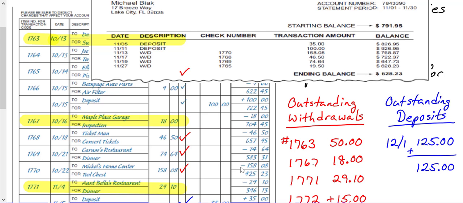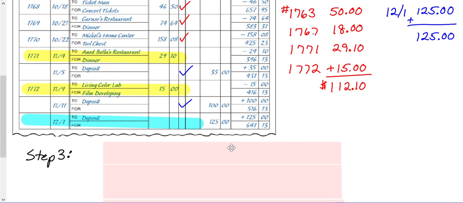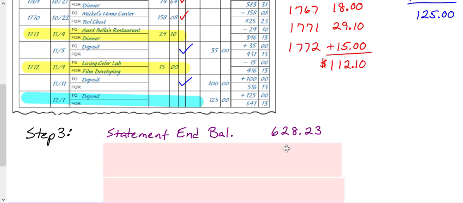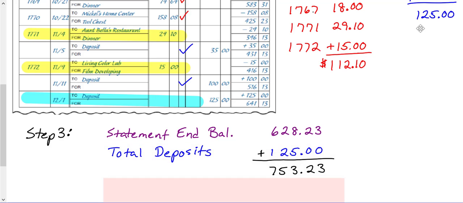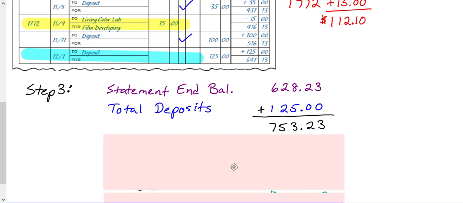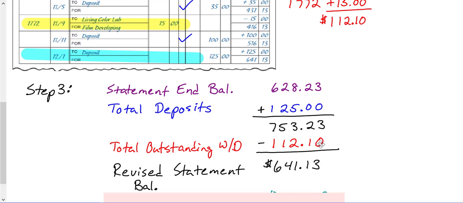It's $628.23. The next step would be to add our total outstanding deposits. That is our blue numbers of 125. Next, we want to subtract any outstanding withdrawals that haven't been subtracted from the bank yet, which is $112.10. So our revised bank statement is